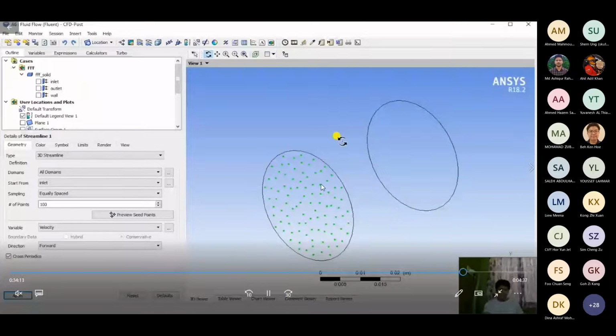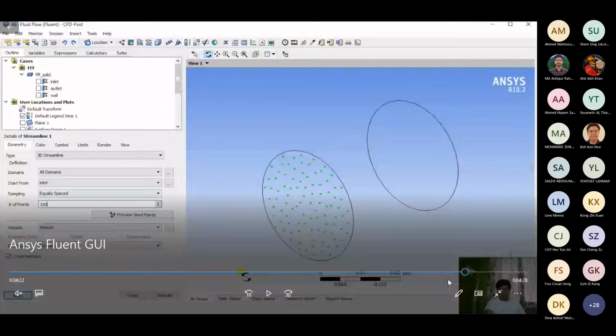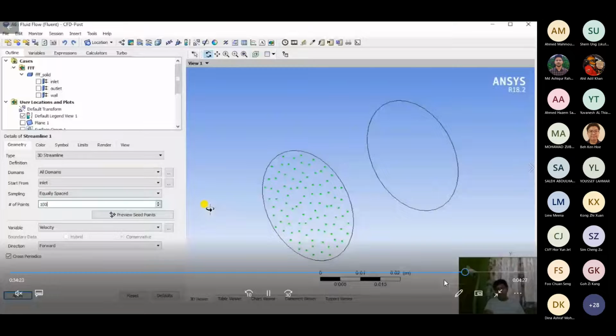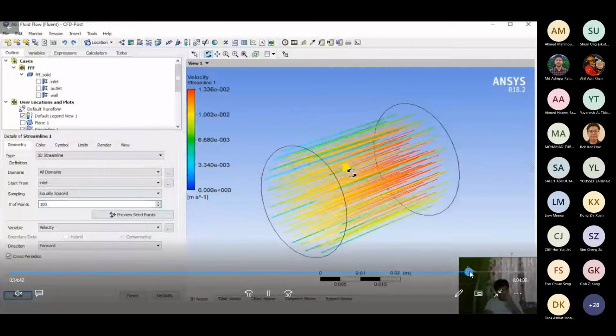Random fluid points are generated by the software, and we are going to see how the streamline looks from these points. When you apply it, it will show you these lines, and how the flow propagates through that particular point throughout the domain.